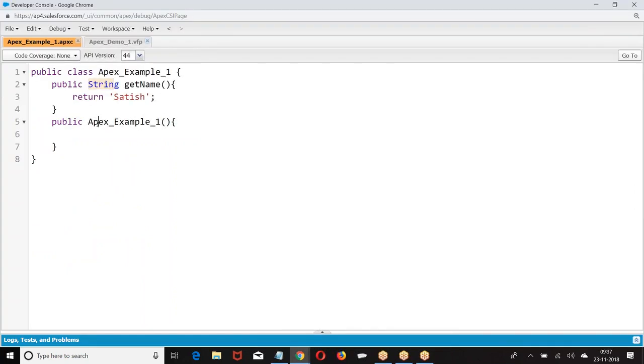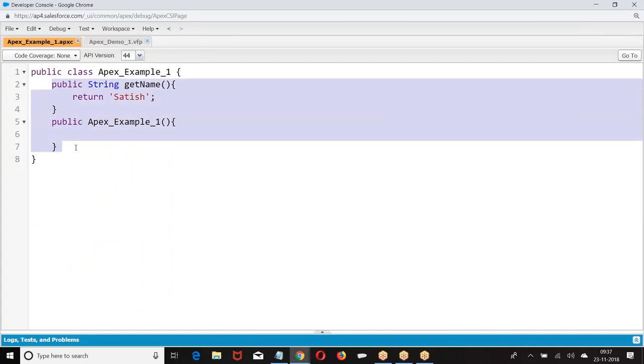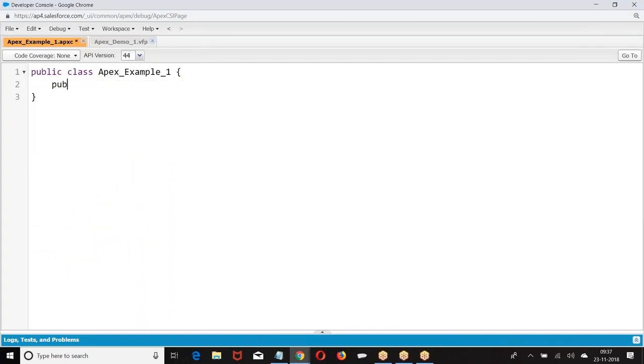Now, look at the point. If you want to define any variable and use it in the VF page, it should be public or global.